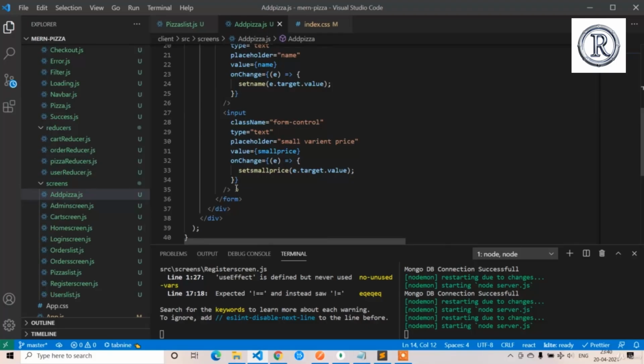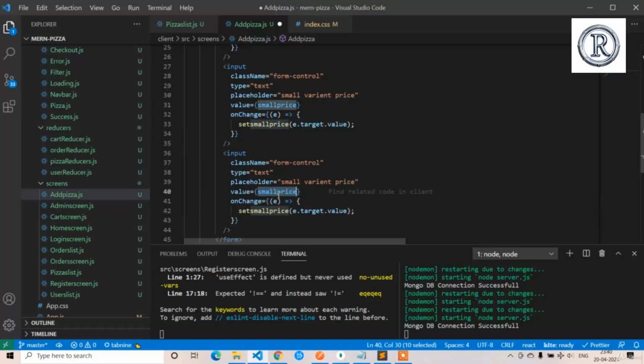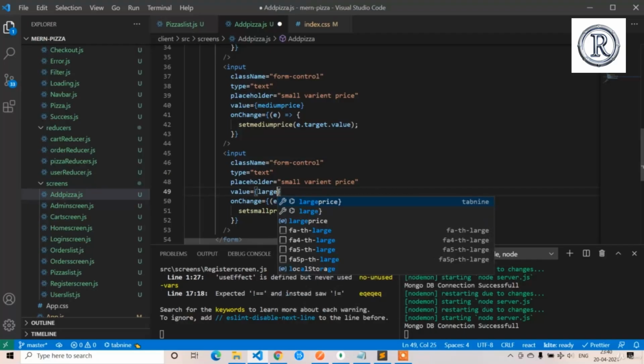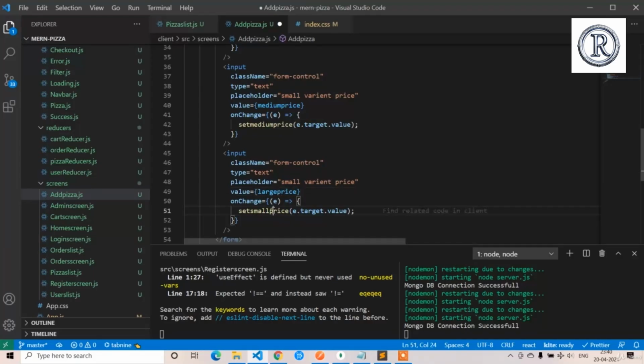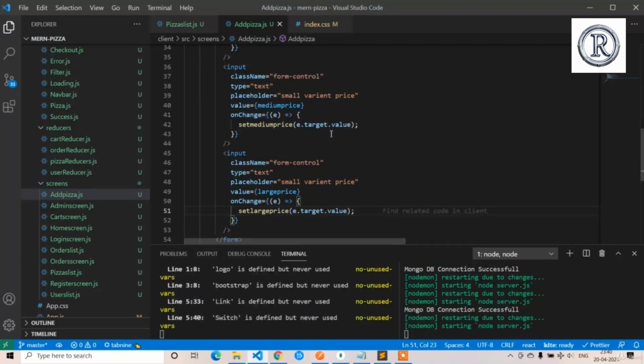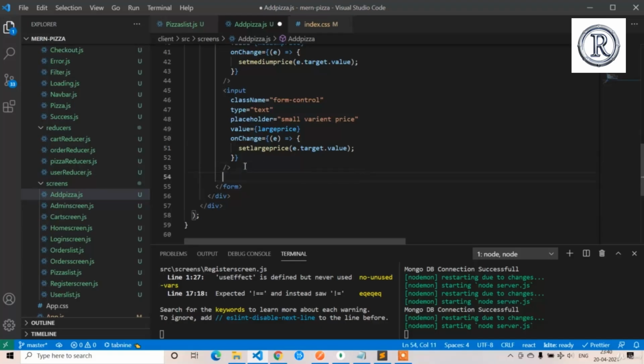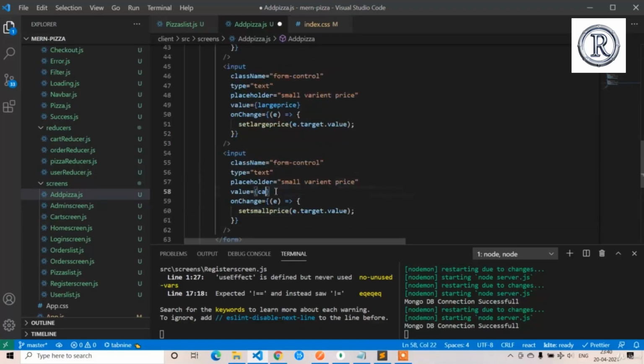So already we are having the input field for small variant price, and copy and paste it for the remaining things. So the value is equal to medium price, and here also set medium price, and the next one is large price, large variant price, large price, here also set large price, and the next one is category, category, here also set category,